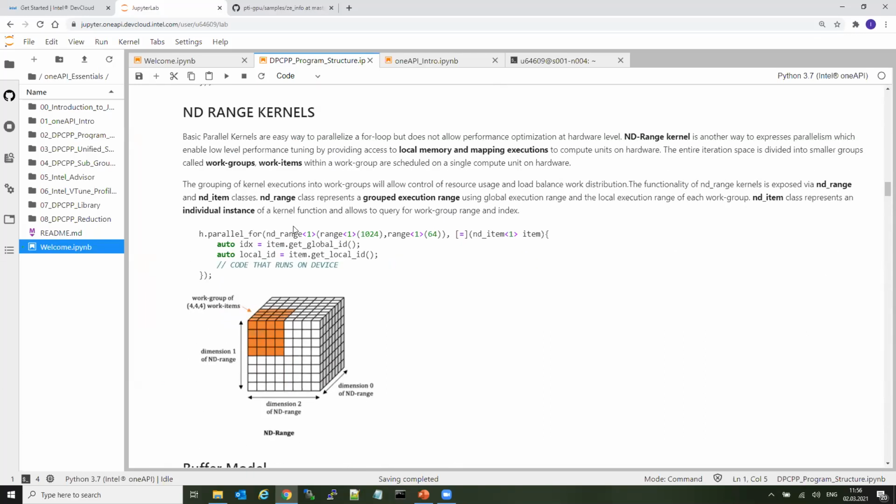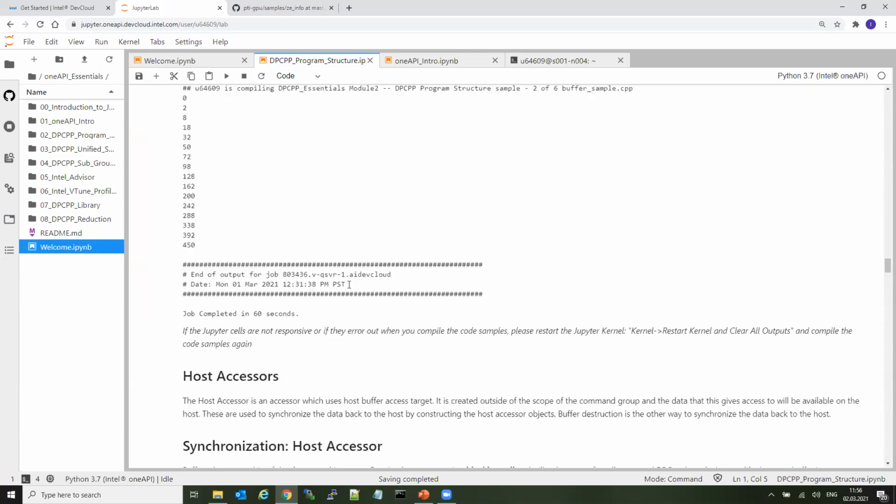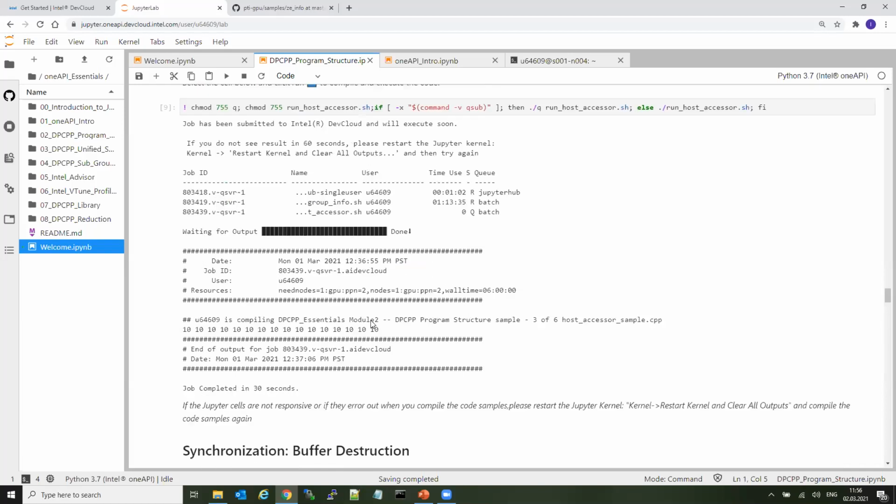Until the break, until the lunch time. No, 25. 25, okay. Yeah, I will probably show it after talking about unified shared memory, which I think is the